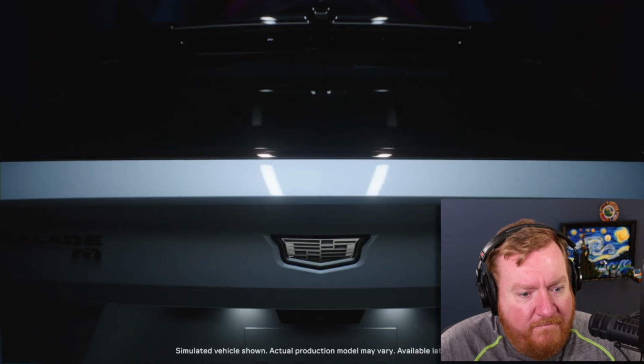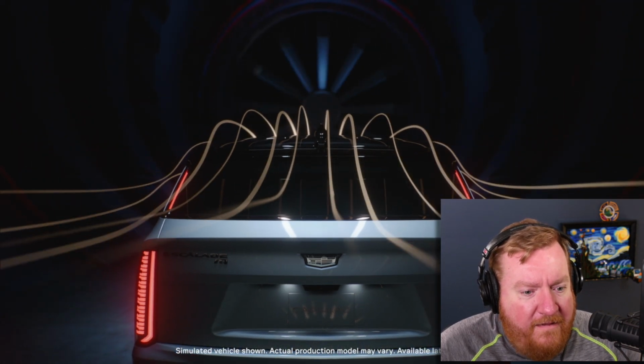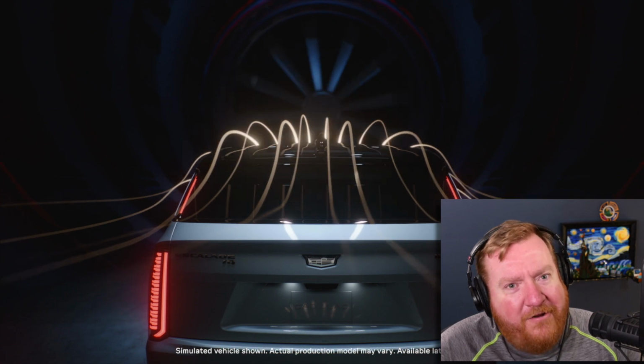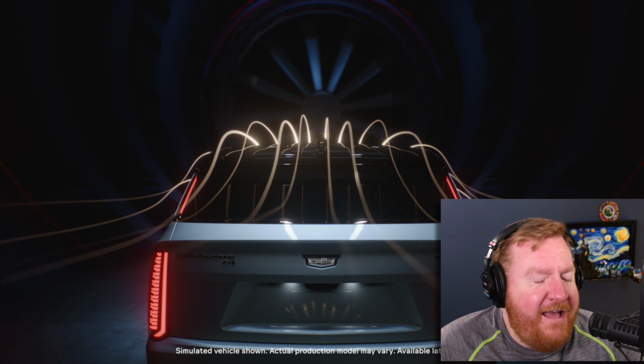As we transition from internal combustion to electric vehicles, aerodynamics have become critical. We set a goal to have a 10% improvement over the gas-powered Escalade in aerodynamics. I mean, it all adds up, but